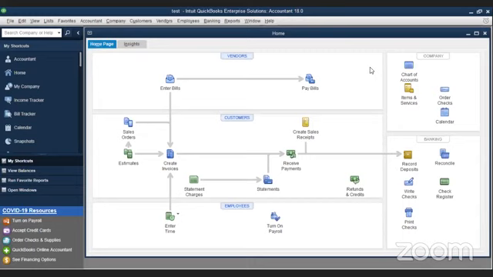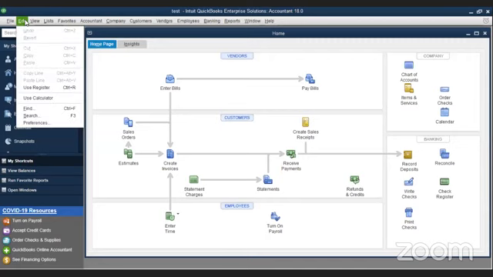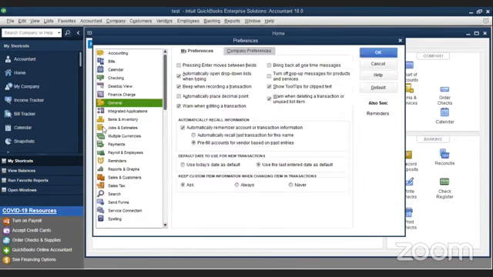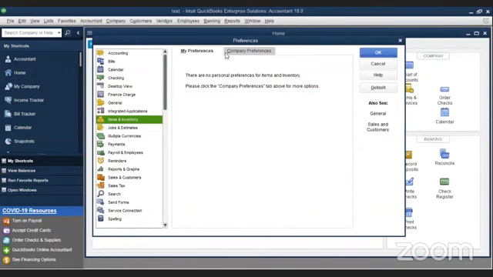Now, just before you do these items and inventory updation, you can see here something called items and services. But before doing this, you have to make sure to do a small thing in your preferences. So you go to edit and go to preferences. You will see a window. In that, please go to items and inventory.